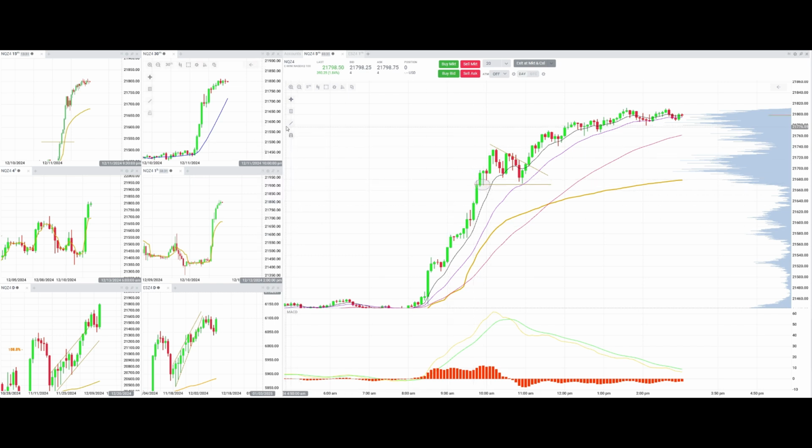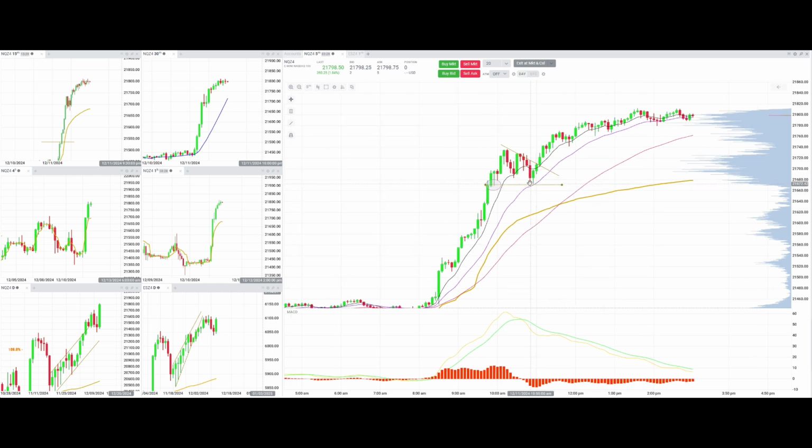You can see right here, you have some support, and then right here, the pullback itself never breaks below that. And then you have strong buying pressure that pulls itself up. So it breaks above the flag and you're good to go. And the same thing if you want to draw it a different way, I'll just remove these drawings here. You can see it right here as well. Whether that's a wedge, whatever you want to call it, same difference. The concept remains. So days like today, when you learn how to identify them, can be massive money makers in